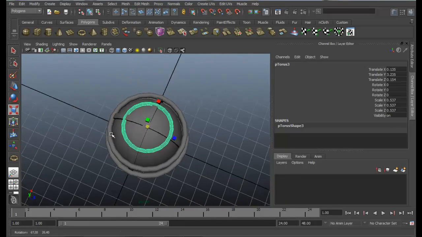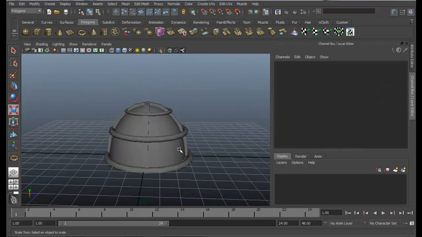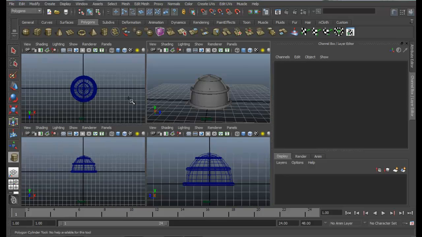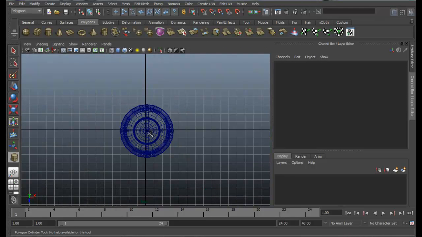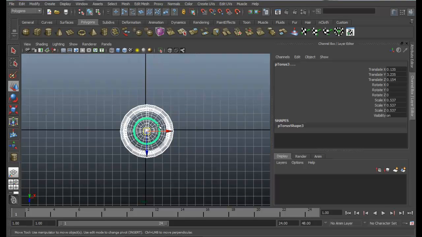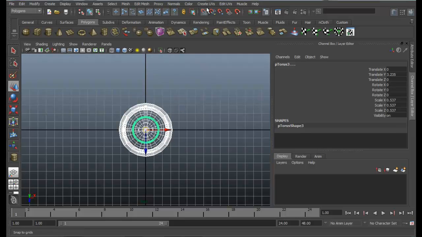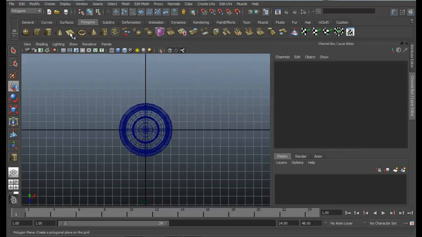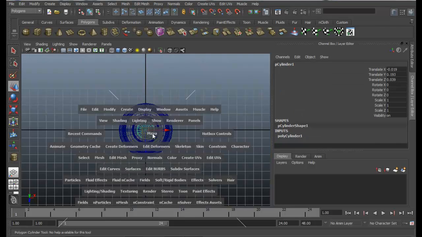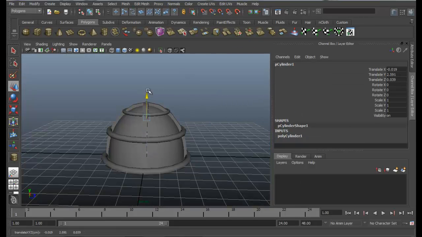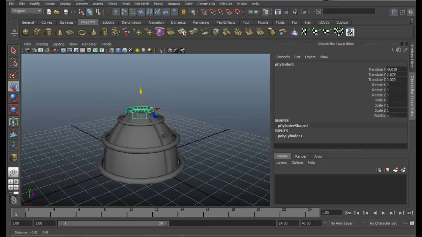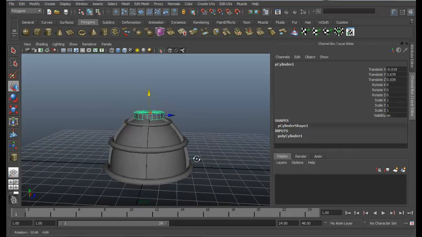Okay, that looks good. Now just go ahead and create a cylinder. First of all, let me move it to center, snap to grids, and then move it to center. Okay, that's great. And then use the cylinder and draw it. So we'll just be creating these simple objects and just placing them to achieve the result.